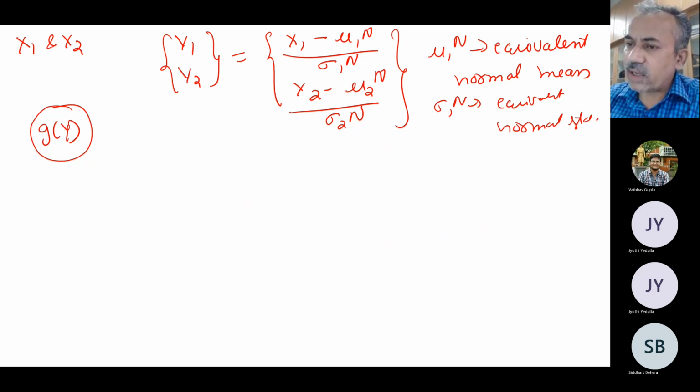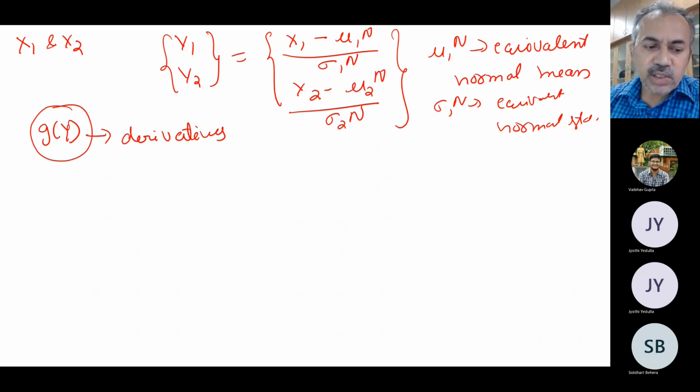What is the most important step? What values are required? Partial derivatives. Excellent. The derivatives have to be calculated. If you know how to calculate derivatives, then that's done, and you can do your reliability analysis. That is, the derivative of g with respect to y has to be calculated.